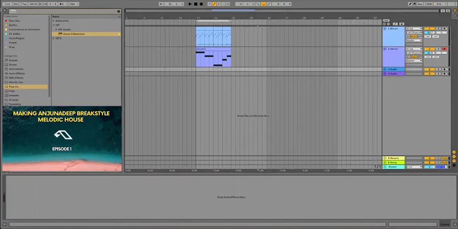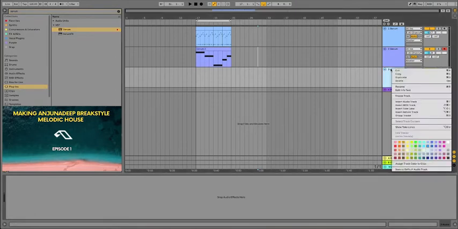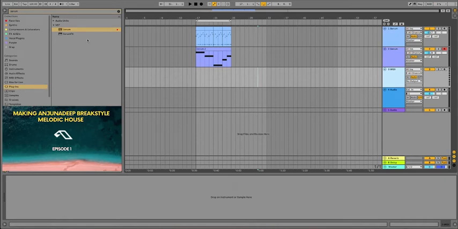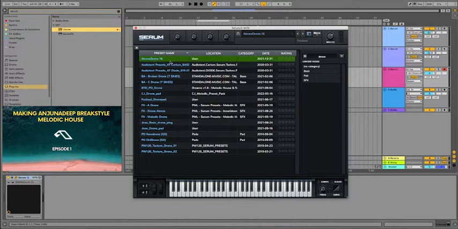Let's see if we can get a drone happening here in the background as well. I don't know if I'll use Serum, or I might even just grab a sample. Sometimes you can get some really good drones coming out of Splice. So let's see what we can find. It'll be good if this was a MIDI channel. Okay, let's have a look. So dump another Serum in there. Let's see what drones I've got here.